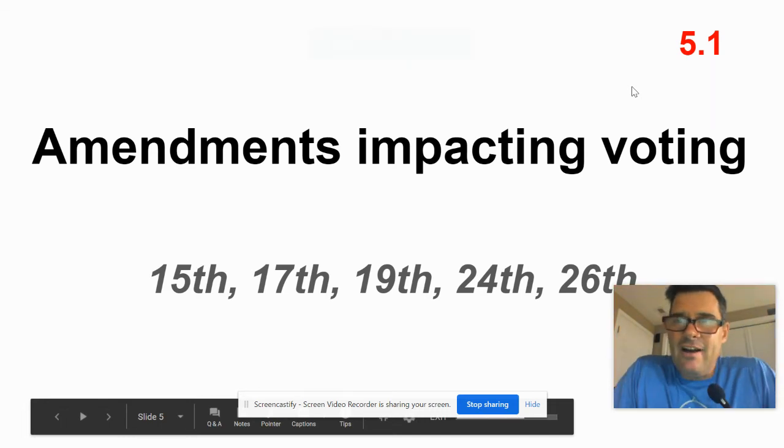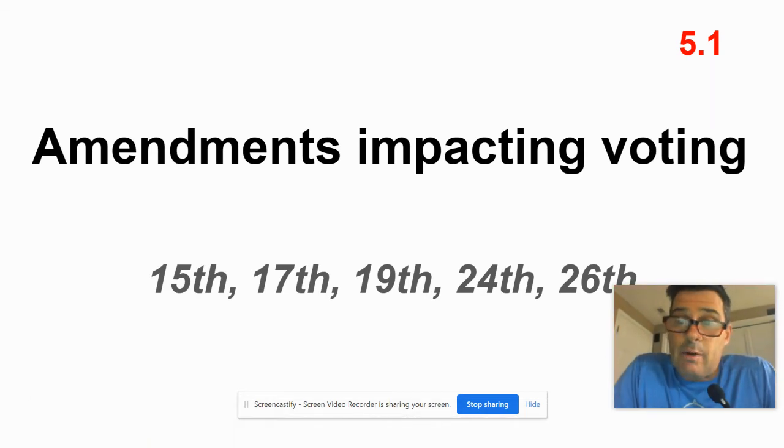Unit 5. All right, here we go. We're talking about political participation. So, a lot of things about voting. We're going to start right off with a little history lesson here on amendments to the Constitution that have